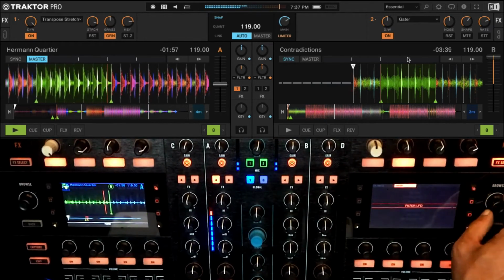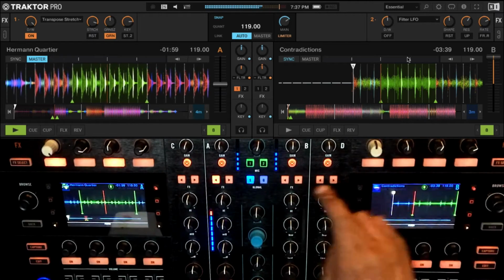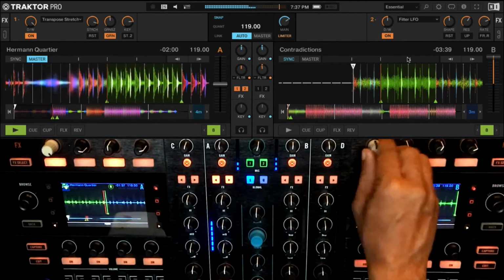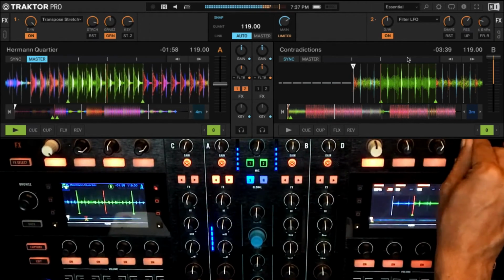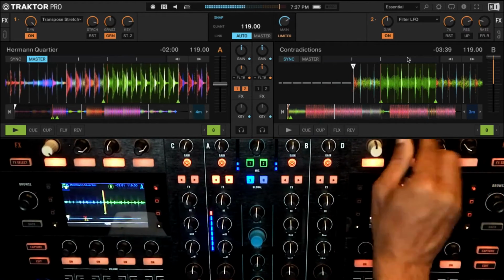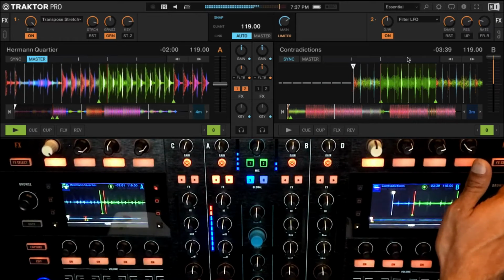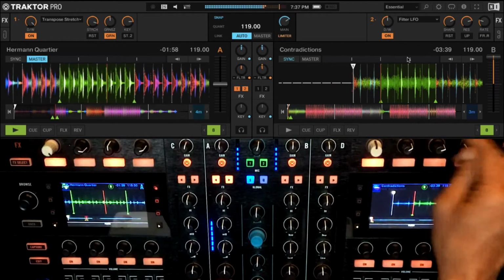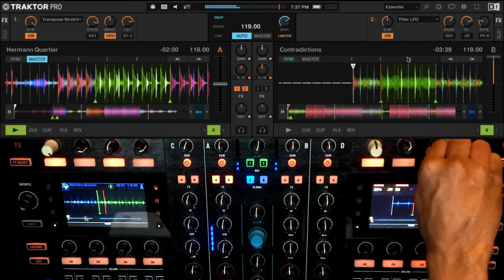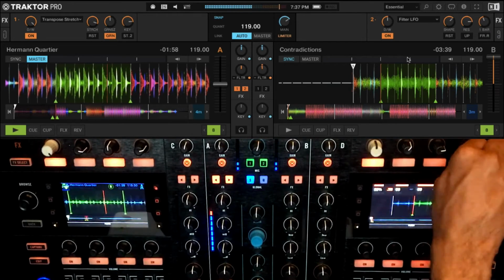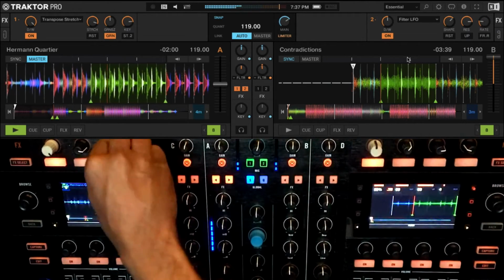Like let's use the filter LFO. So I have this drone sort of thing going on, which is super nice to make it even rhythmic.